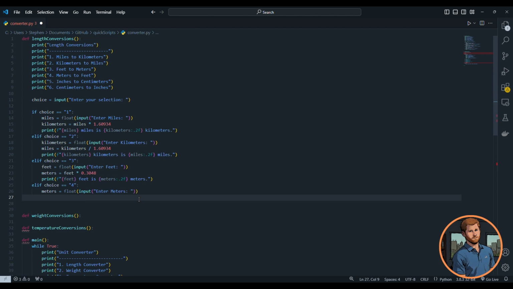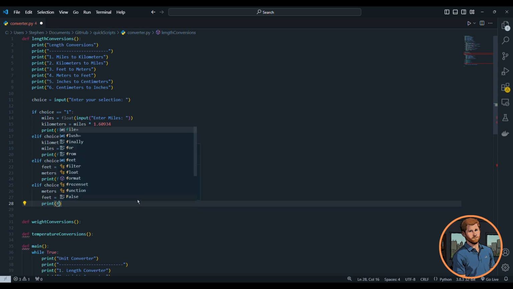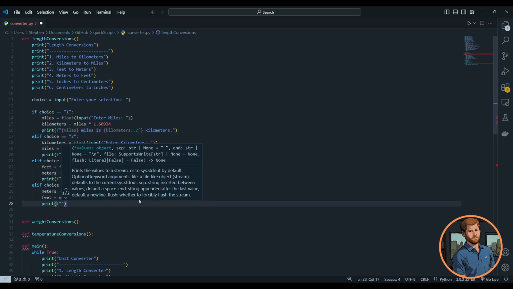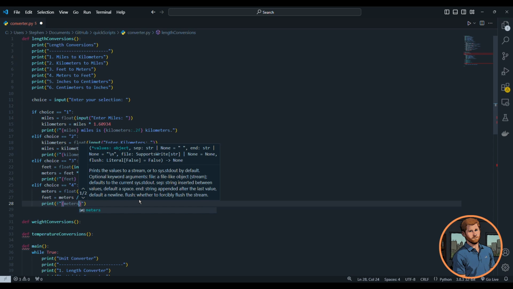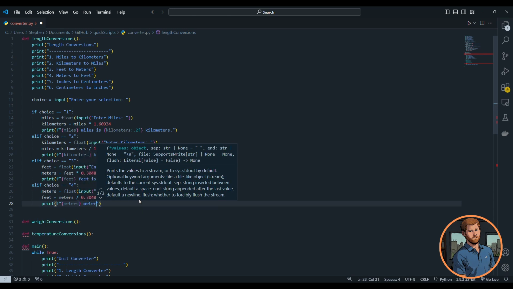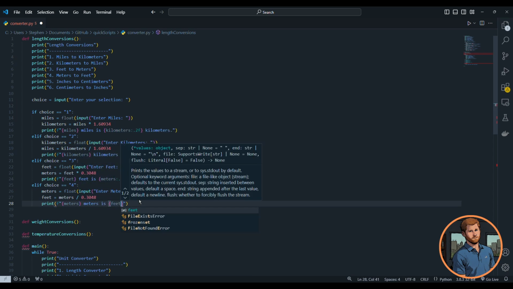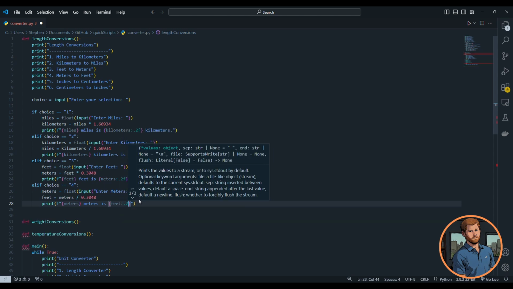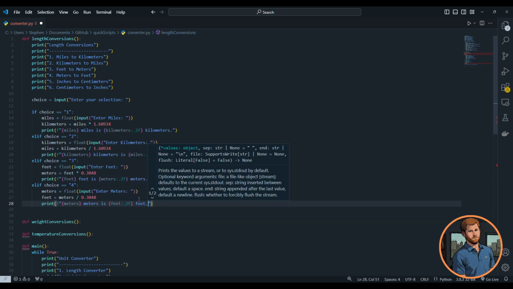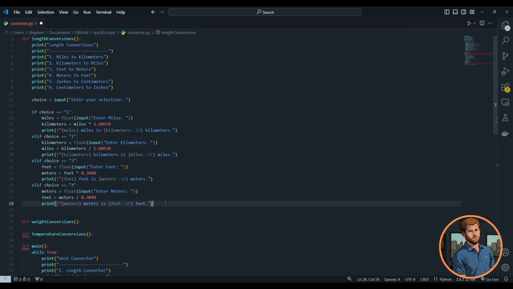We are going to go then feet equals meters divided by 0.3048. Print f meters is feet, two decimal places, feet. Wonderful. If choice is 5,